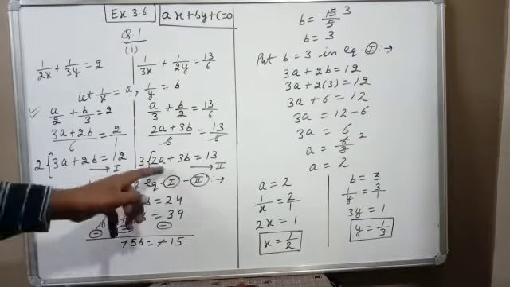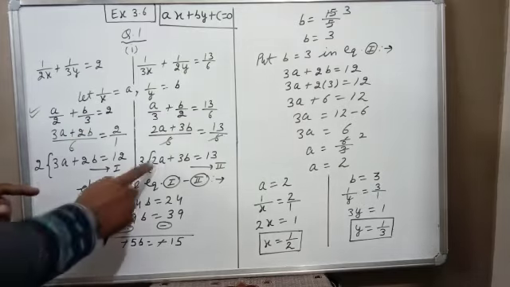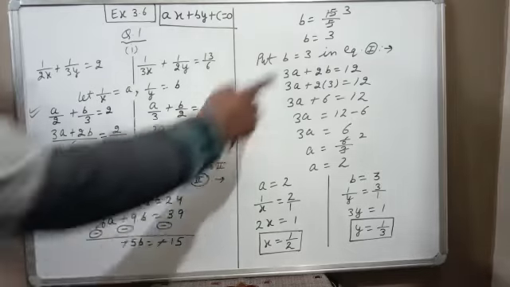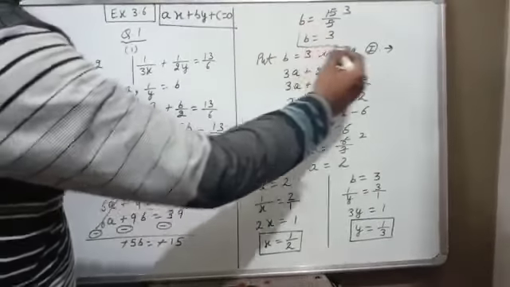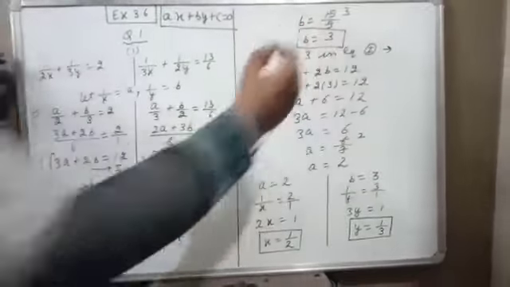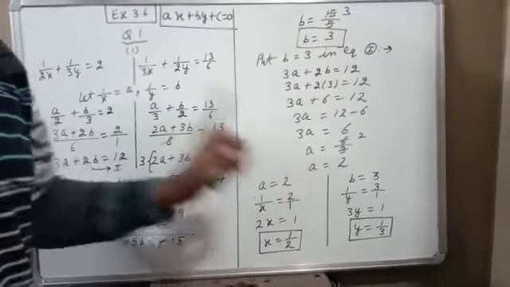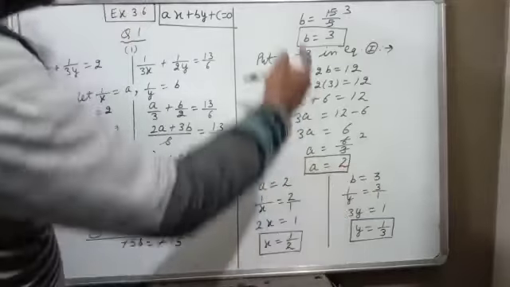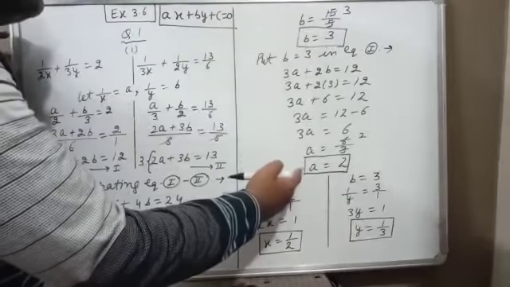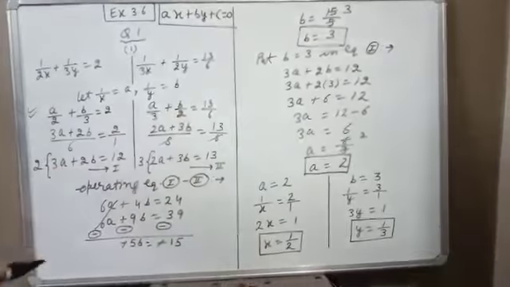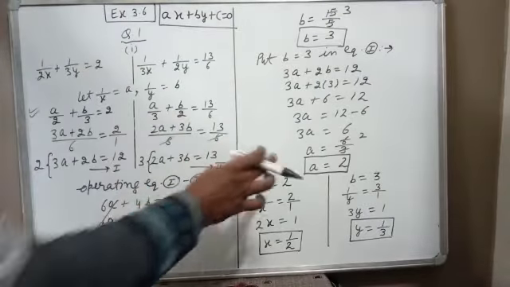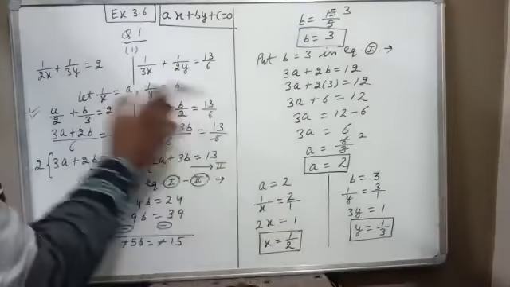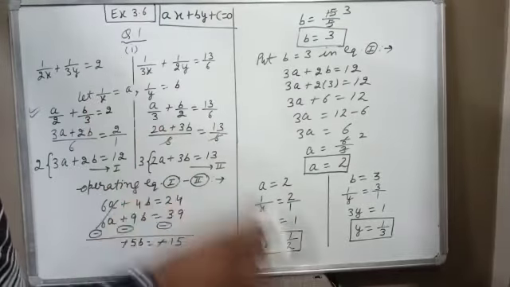Now we can solve these two equations by elimination method. So this 2 will multiply here, this 3 will multiply here. Then a will cancel. By solving this, you will get b equal to 3. Now we will put b in the first equation, then we will get a equal to 2. So up to now, in most of the questions when we solve, generally here we get the value of y and here we get the value of x. But in this first question, in nearly all the parts, we first convert the question into a and b. We will get the values of a and b, but the question is in x and y, so our answer should be in x and y.